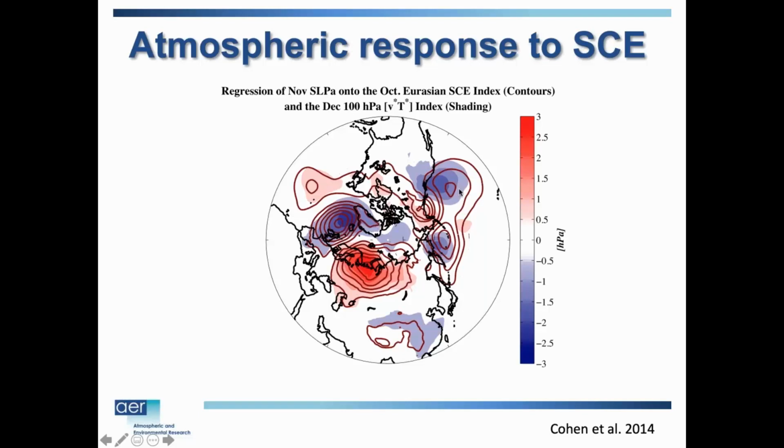And then you have the other thing that's being regressed: the December polar heat flux at 100 hectopascal. That's in the lower stratosphere. That's the northward transport of heat. When you get a sudden stratospheric warming, you have above normal northward transport of heat. It kind of makes sense. And then with a strong vortex, you would have less than normal polar transport of heat. December tends to be an active month for this polar heat transport.